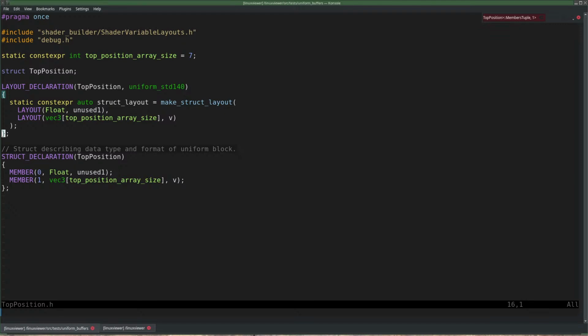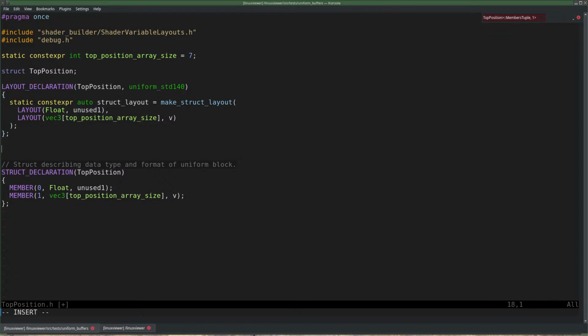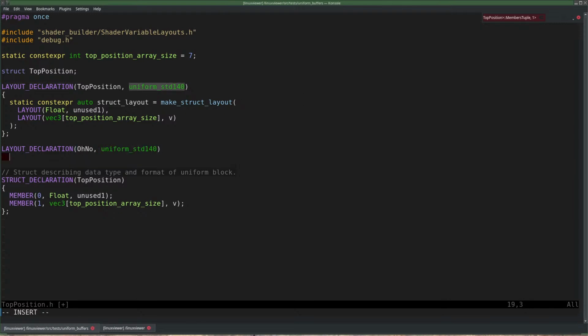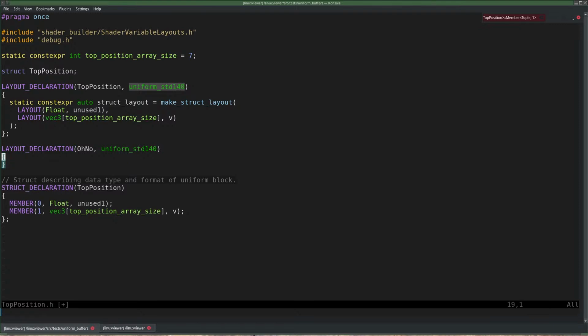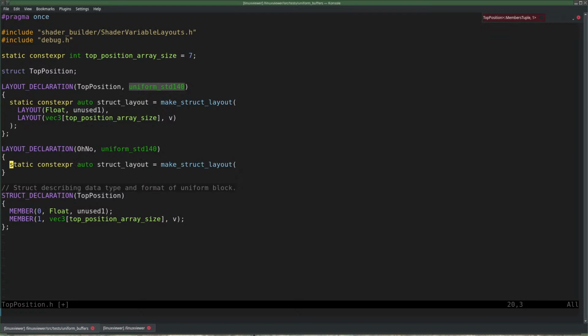I think I have to do another layout declaration for another struct, which then contains a vector of top positions. So something like this, also the same, or maybe it should inherit it. And of course this line is the same, and then we could add a